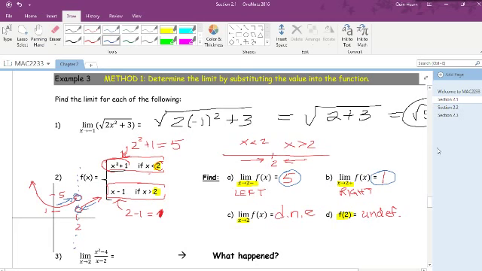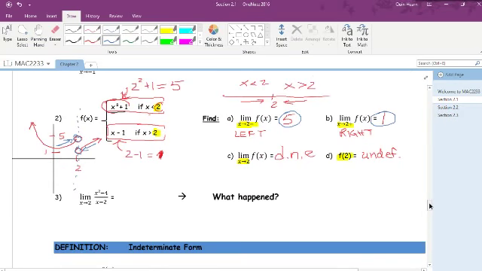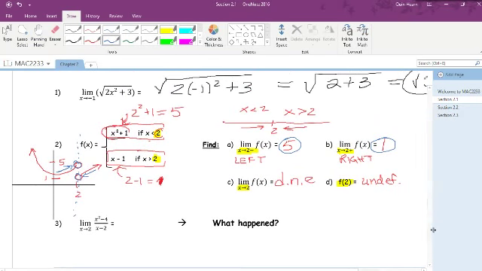Okay. Let's look at another example. Okay, so for this one, again, you can always just plug in when you have quotients, products, and sums. So any polynomial or rational function, unless,